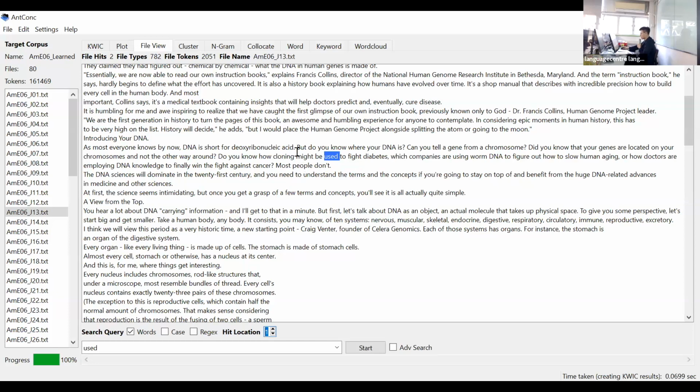So could you please read the few lines before the collocate and also the few lines after the collocate. And based on what you have read, answer the last question on page 7 in the guidelines. What purpose does the phrase or the collocate "might be used"